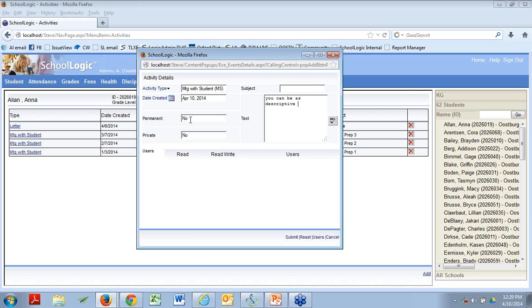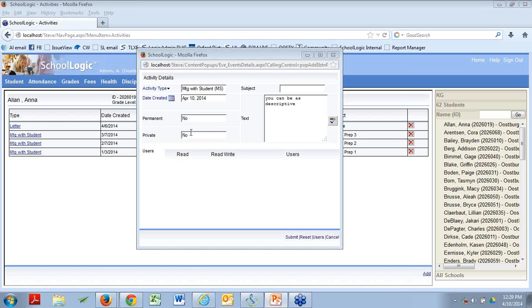Let's go back and finish looking at the elements of the activity record. We picked type from the drop-down, right? The date created was added for us, or we picked it. Like discipline records in our software, permanent means, do I want this record to follow the student beyond this school year? If yes, mark it permanent. By the way, if you change your mind later, yes, you can change this, either in an individual record or you can change them wholesale out in SQL. You've got to have your sleeves rolled up to do that.